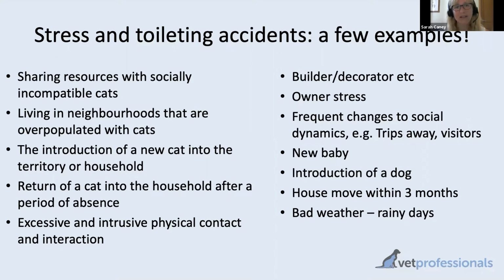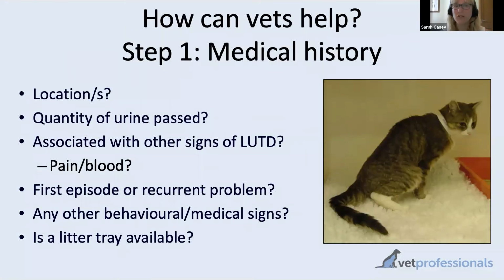So having identified that there is a problem, what are the next steps? Well, I would encourage you to always, with anything involving your cats, involve your vet clinic, whether or not you think there is an illness behind it. The vet clinic, I think, are the best place to advise you in terms of management and questions and any concerns. And so the first step from a vet perspective is always what we call the history, which is information gathering. This is where asking lots of questions to try and understand your cat, this problem, your household as well,